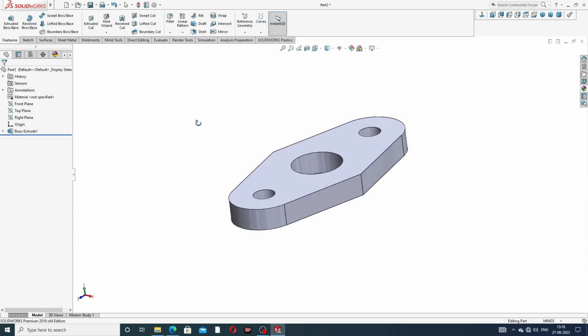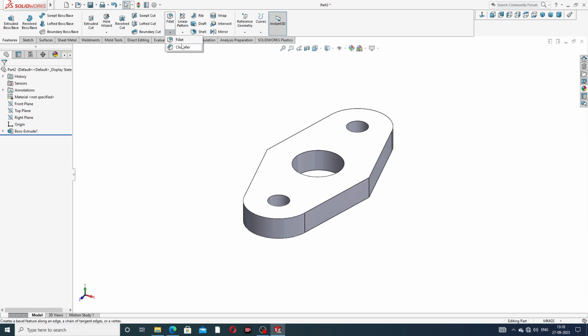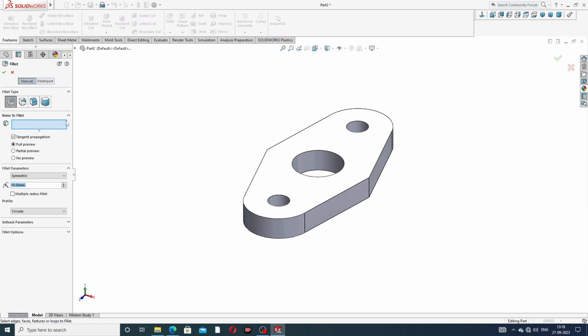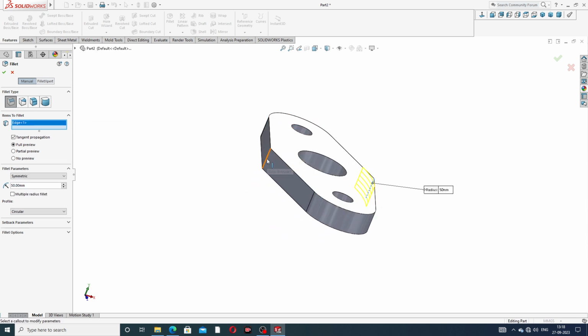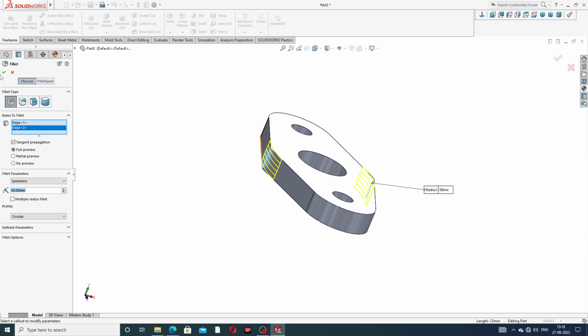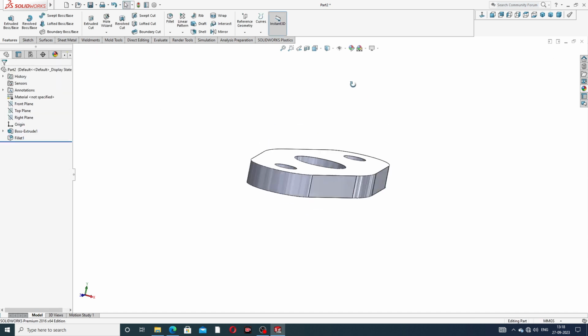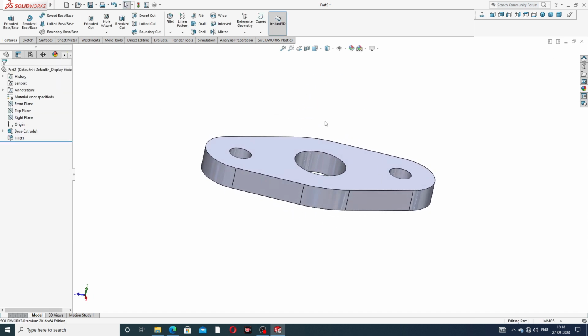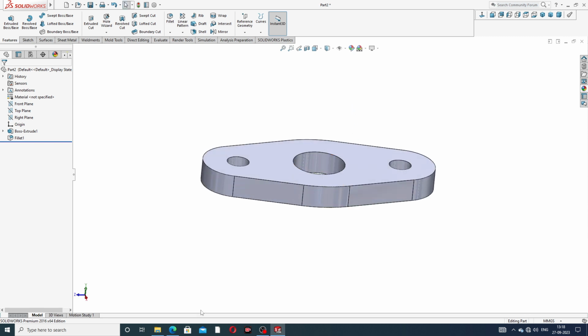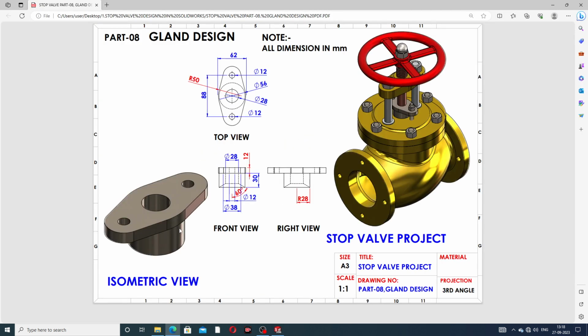Use this fillet. This fillet is used here, 50 millimeter, and select both side edges one by one and click OK. This is perfect, and again select this line, this part is drawn here, and the upper part is easily drawn here.